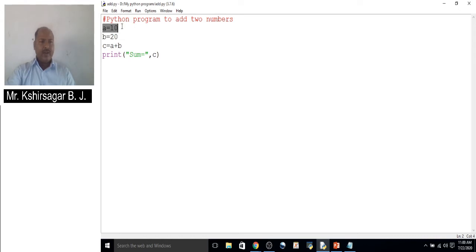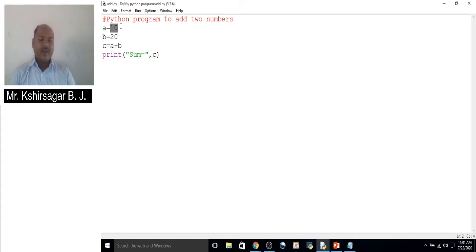So if you declare a equal to 10, a is a variable and the value 10 will be stored in that variable name. Here we can imagine the memory as a box or container that stores the value. In this way, for every variable we create, a new box is created with the variable name to store the value.